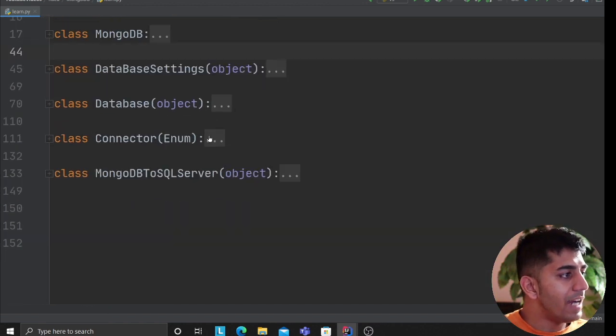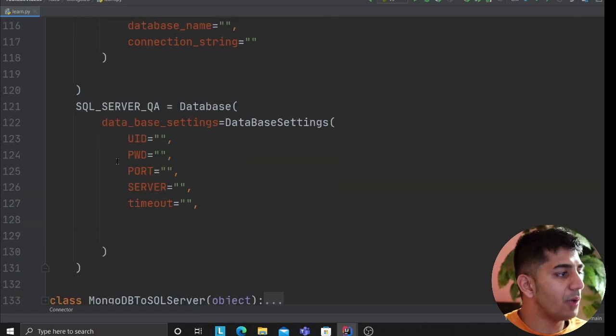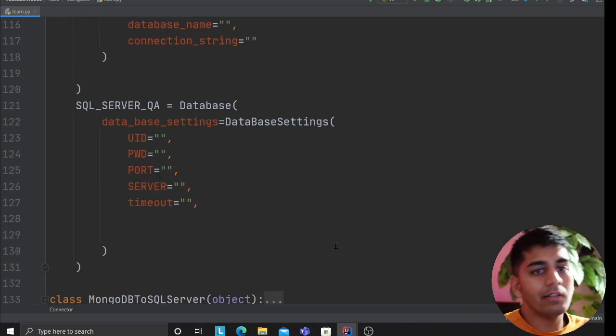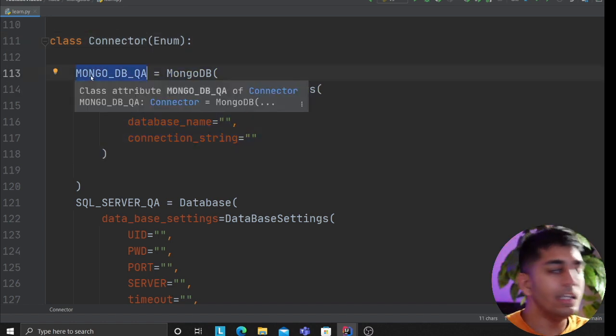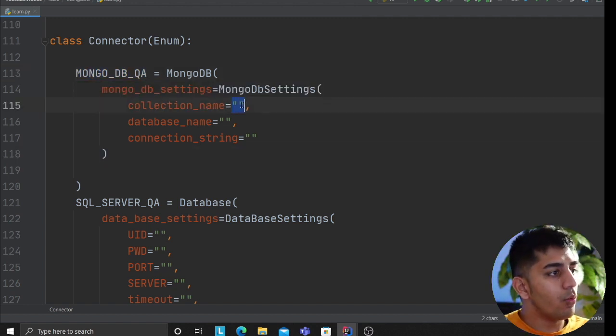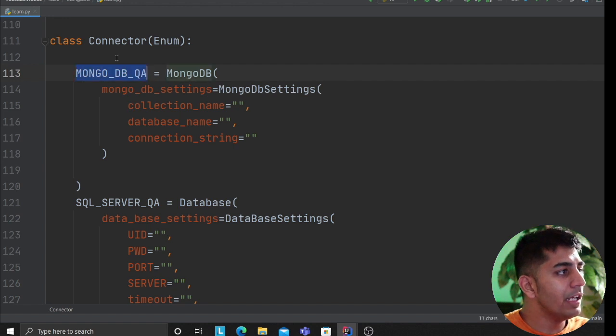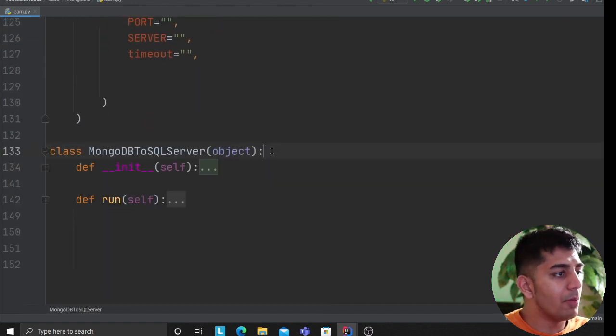The idea is to use connectors as much as possible. Whatever database connection you're using, let's say Mongo, AWS, create an enum of connector objects. Create an enum and have keys called MongoDB, AWS connector, SQL Server connector, whatever database there is. That way their value, you can also use the word aliases, can come from os.getenv or a secret manager. Now all you have to do is simply use the connector object in your main class.